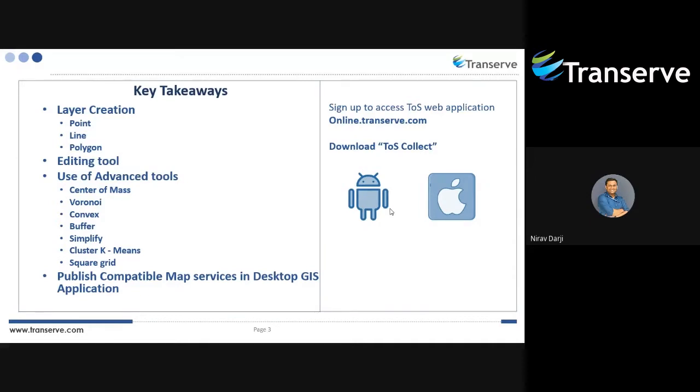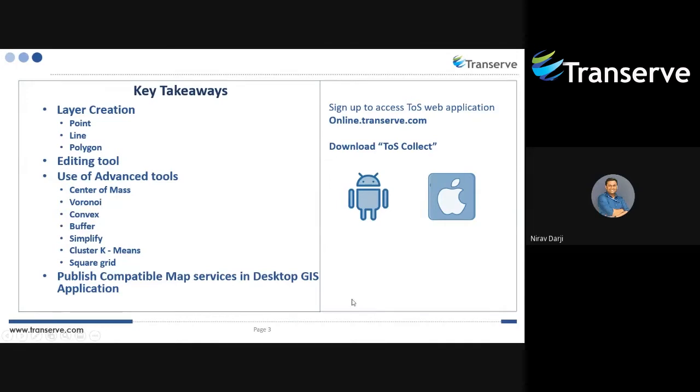Post that, I'm going to also show you the capacity of our platform where you can publish map services which are compatible with your desktop GIS application. Meanwhile, you can also sign up with our platform on online.transurf.com. Our mobile application is also available on Apple Store and Android Store.